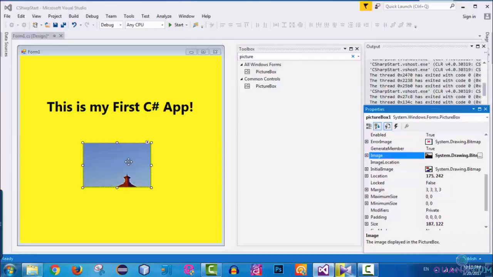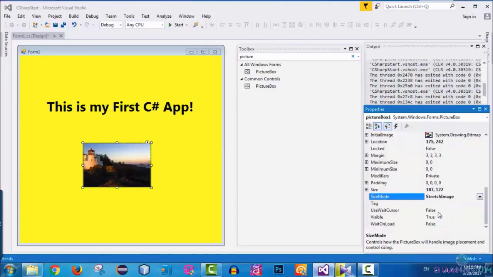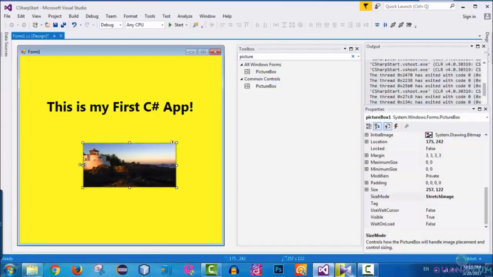So in order to see the entire image inside this picture box, we need to change an attribute of this picture box. So select this picture box, and let's find the size mode here. So this is the size mode property of this picture box, and click on this little button here, and for the size mode select stretch image, right? So now we can see the entire image here. So let's increase the width and the height of this picture box,